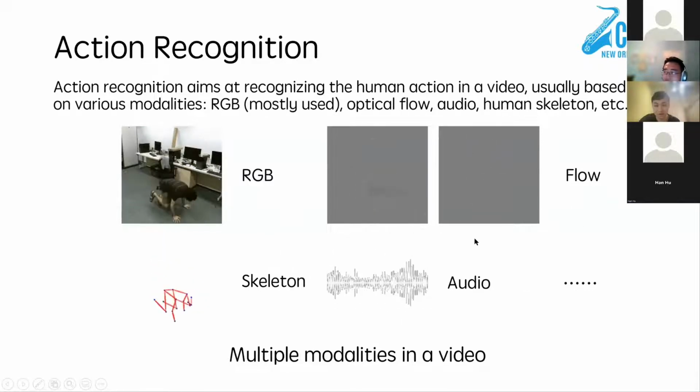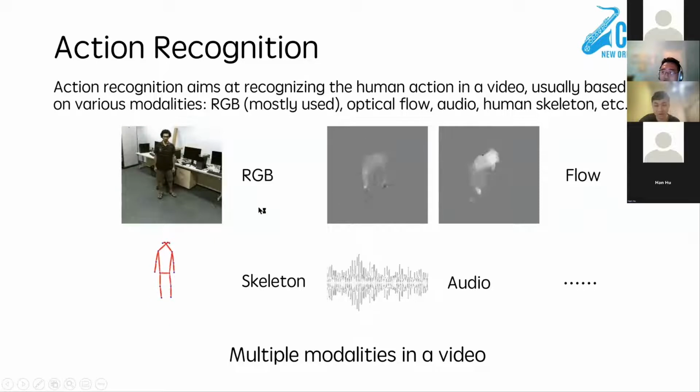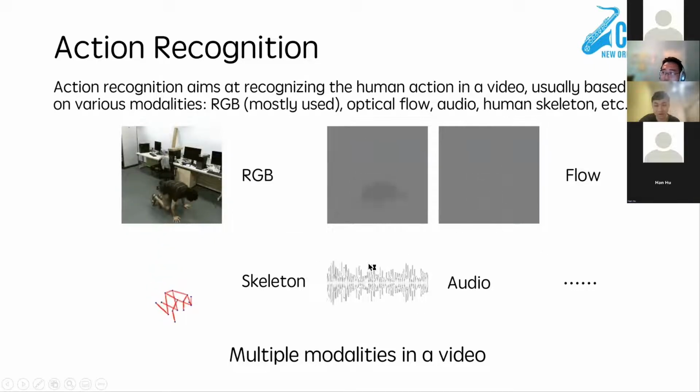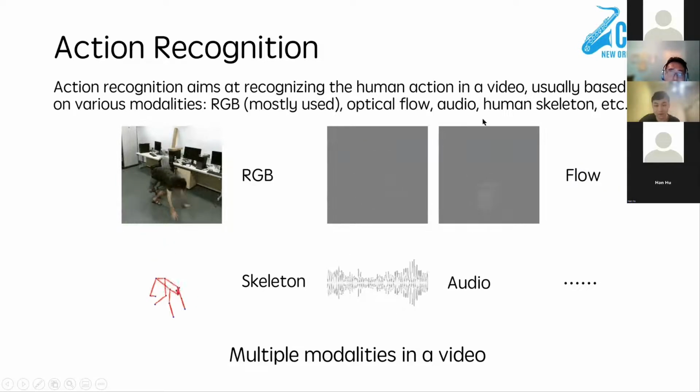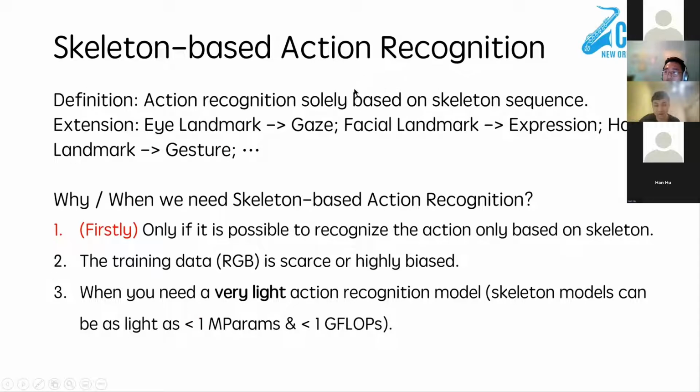Among these modalities, skeleton is a coordinate sequence of human joints. It is a compact representation that is closely related to human activities. Skeleton-based action recognition has received increasing attention in these years. Here is a definition of skeleton-based action recognition: it means recognizing an action solely based on the human skeleton sequence. Broadly speaking, using eye landmarks for gaze estimation or using hand landmarks for gesture estimation are all skeleton-based